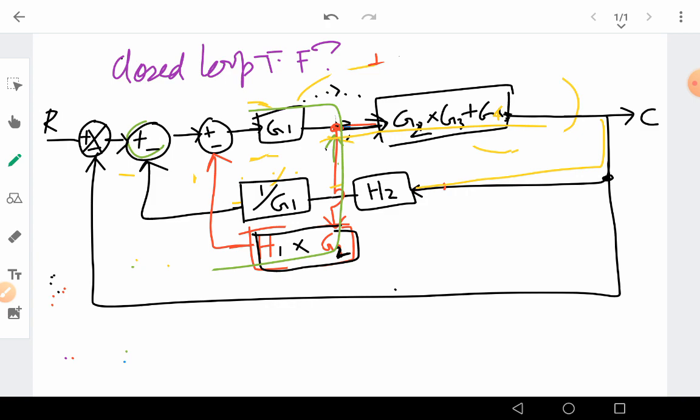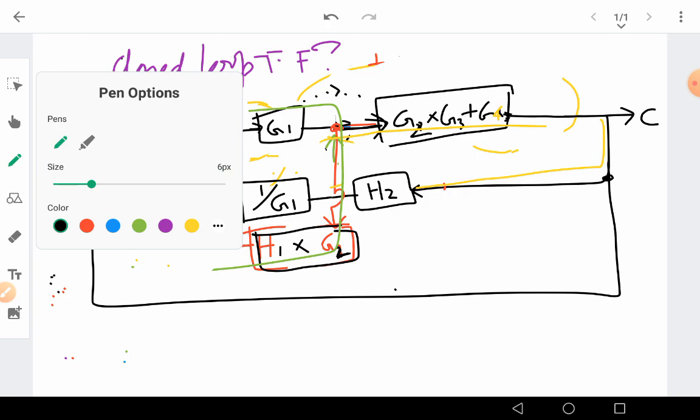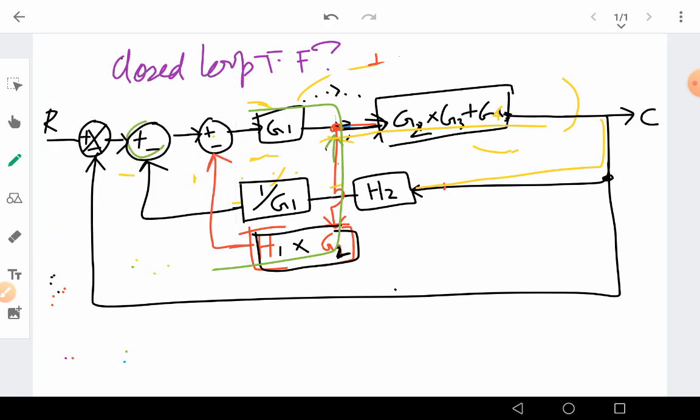Okay, now we can see one thing. Now the red loop, if we draw nicely, the red loop itself is a complete loop. You can see I am drawing in yellow line, this is a complete loop in itself. We can apply our simplification formula here using the yellow thing. That means if I simplify it, I can write this 1 by G1 and H2, this loop I can take it out. Which loop? This loop I can take it down, these two loops, right?